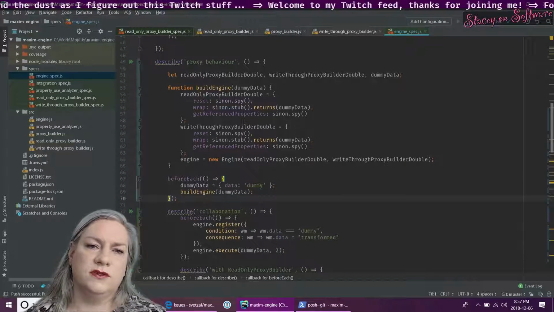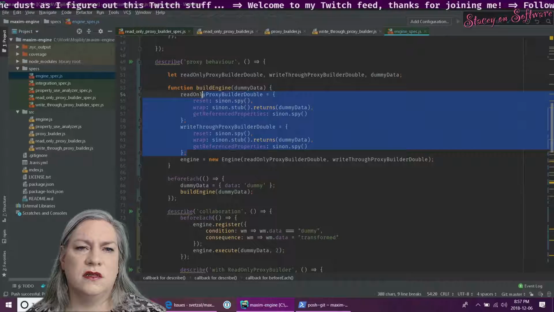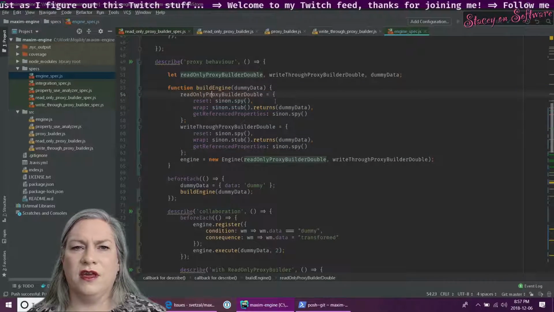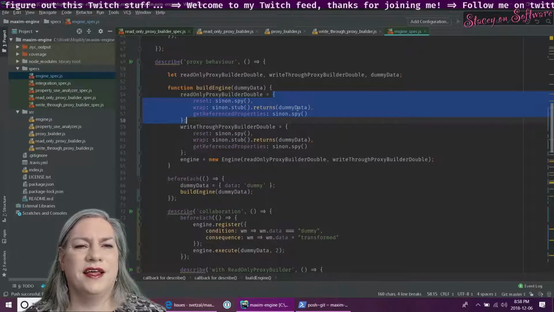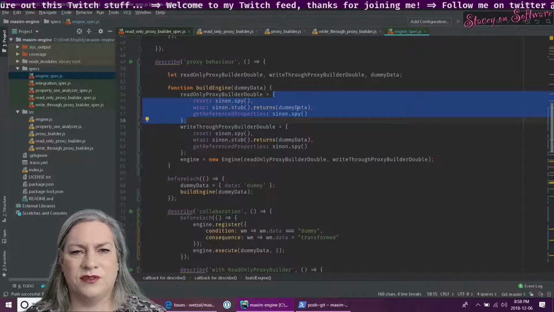oh, those are the same darn thing, are they? So hold on. This is the same structure repeated.